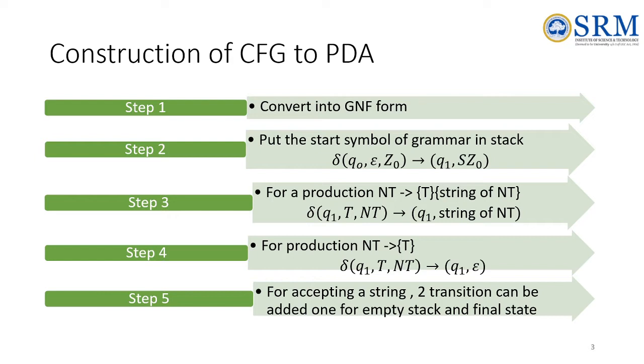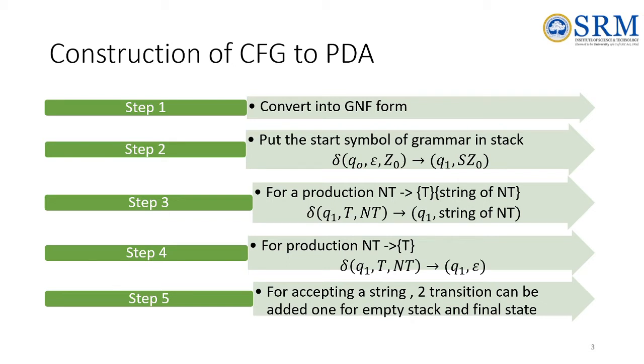There are two normal forms in a context-free grammar. One is Chomsky normal form and another one is Greibach normal form. To convert it into Greibach normal form, initially we need to simplify the grammar by eliminating the null production, eliminating the unit production and removing the useless symbols. Then we will convert it into Chomsky normal form, that is, a non-terminal gives a terminal and a non-terminal gives two non-terminals. Then we will convert that into GNF, the Greibach normal form, which you can see in my previous videos.